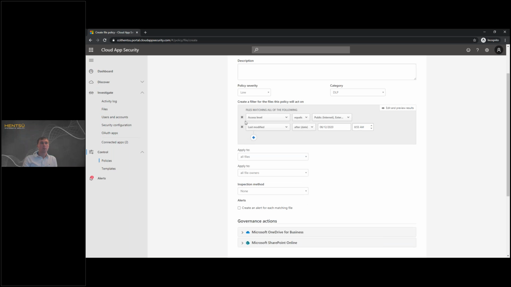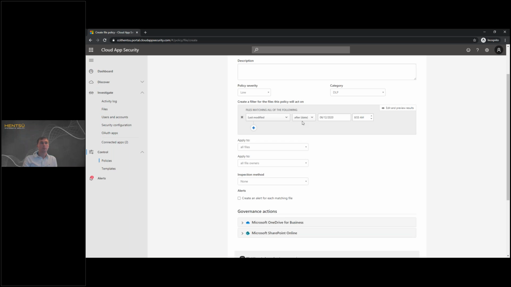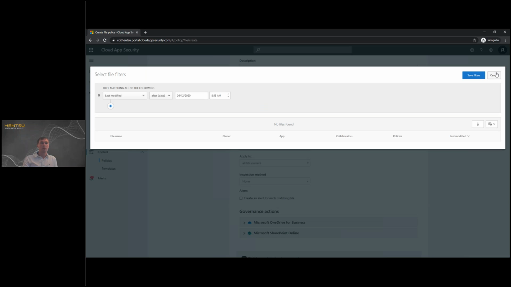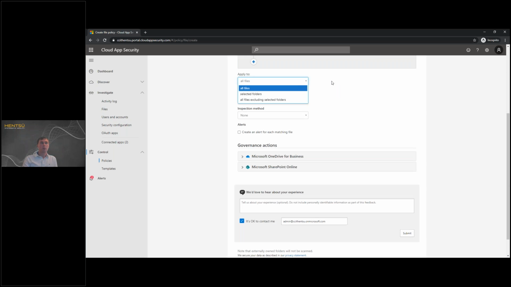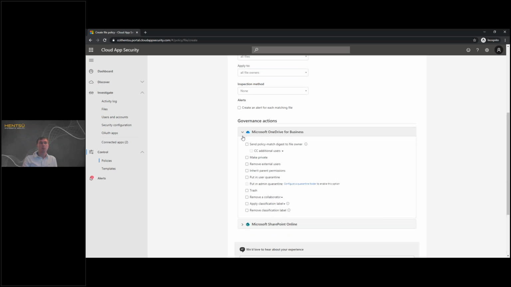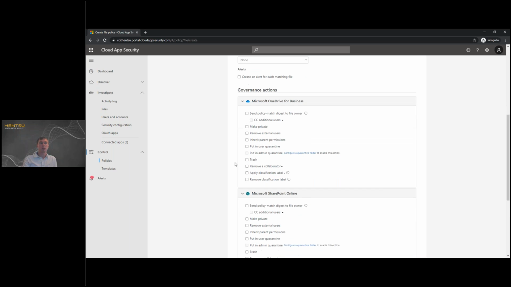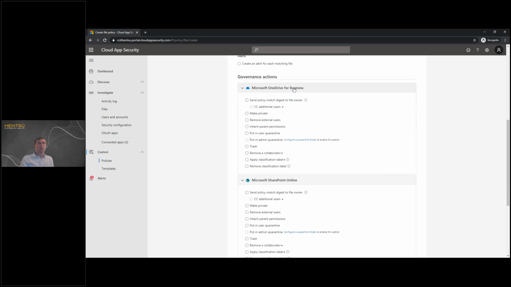Or if we do comply to all files, selected folders, or excluding, and you can take some certain governance actions as well on each. In this case, it applies to OneDrive for Business and SharePoint. You can do a few things here. You can put the user in quarantine